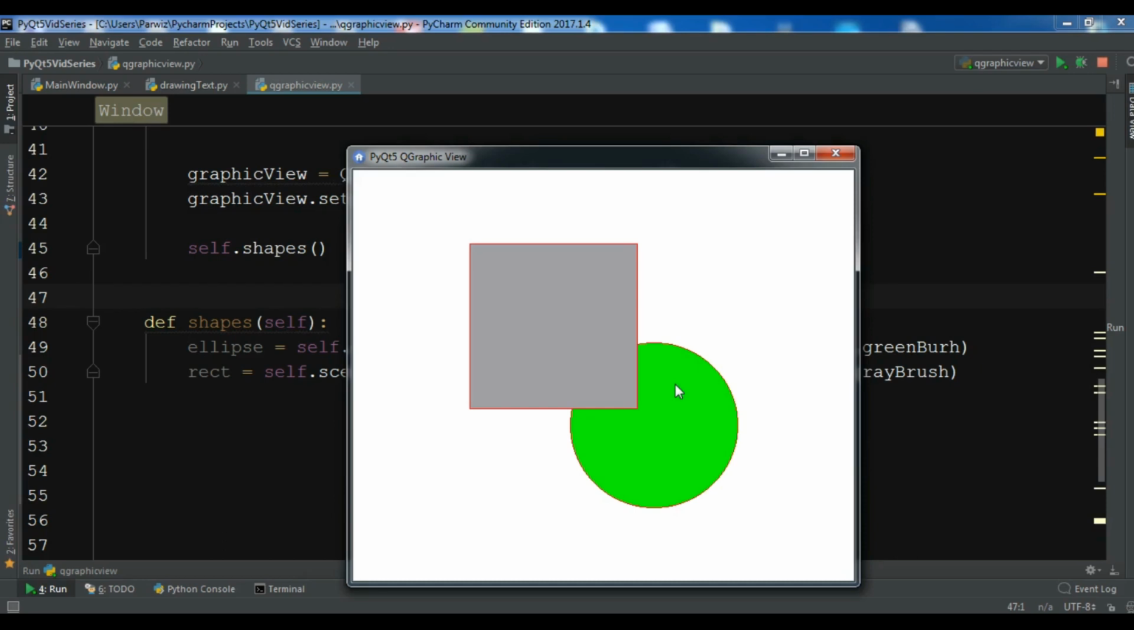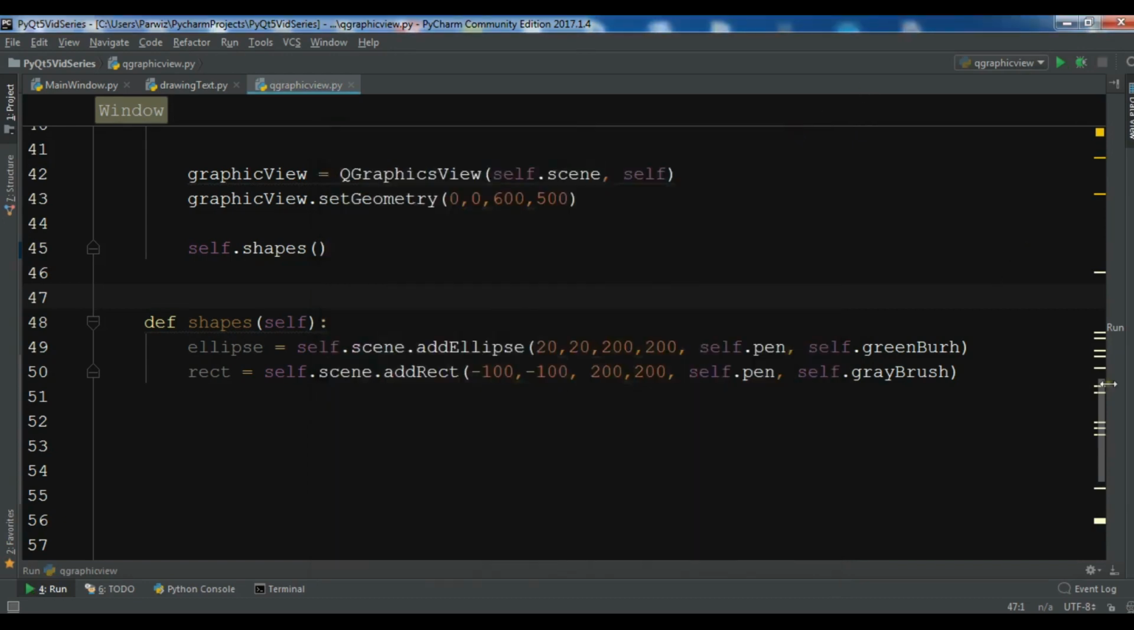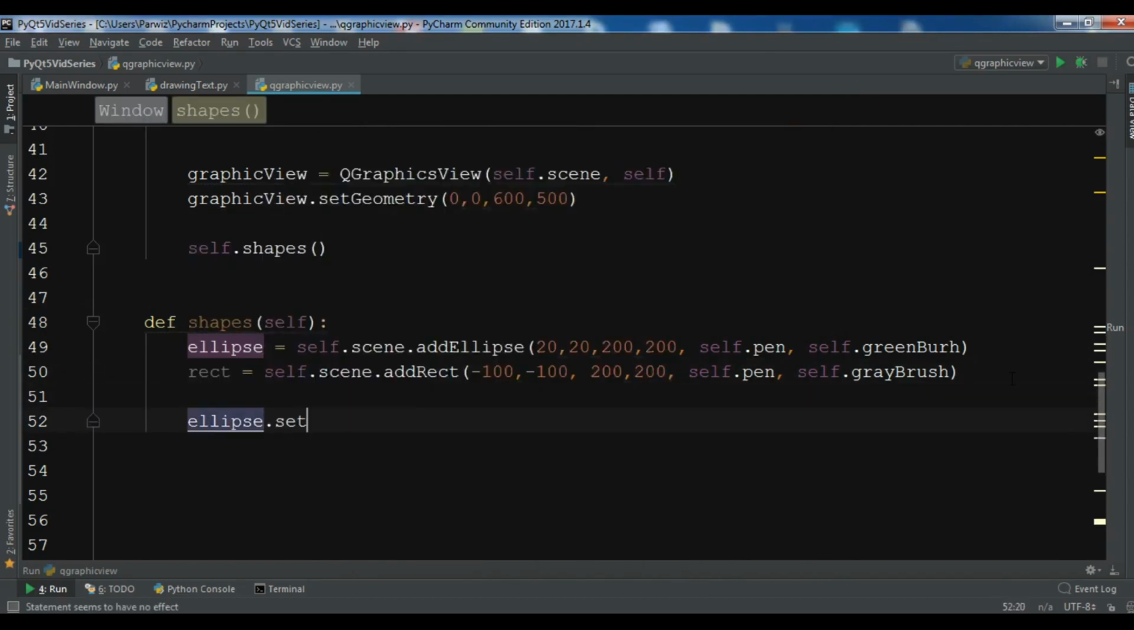You can do a lot more using this. You can even create games using QGraphicView and QGraphicScene in PyQt5. So I will have advanced videos for this. Now let me just show you another trick in here. You can have drag and drop ability for this, and also you can do select ability. For example, you can set a flag, ellipse.setFlag,